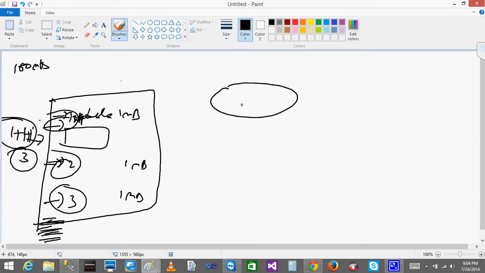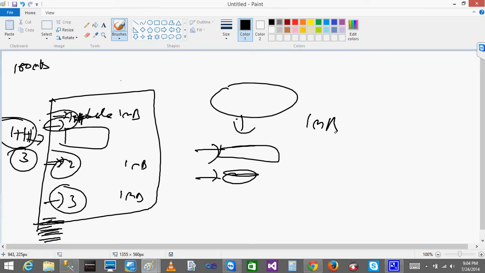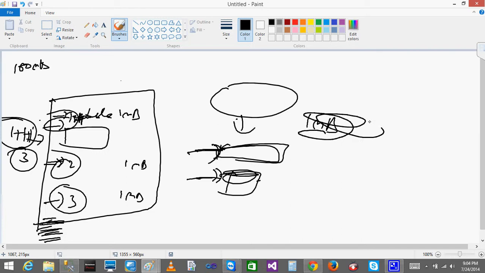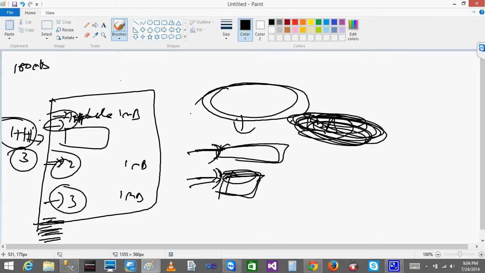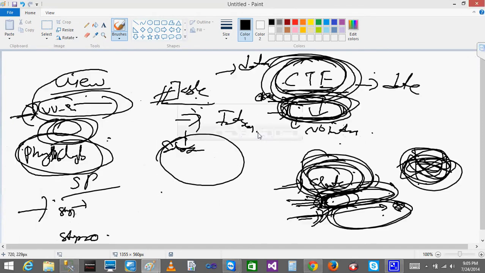But whereas the CTE, once you created the CTE, and when you go to the next step, it can be used in the next step. Let's say the CTE takes 1 MB size, and in the next step that 1 MB will be there. But when you go to the other step, automatically that 1 MB space will be dropped, because whatever the data you use for the CTE, that will be erased when you go to the next step. So if you want to use the data only once, then directly you can use the CTE. That will be faster, and it will be easy also. If you clearly understand, it will be easy also. So everyone is okay with the CTE?